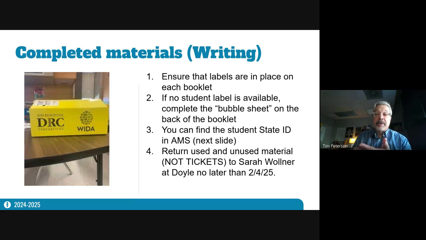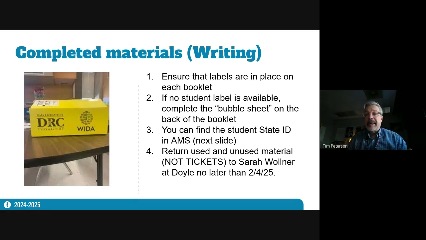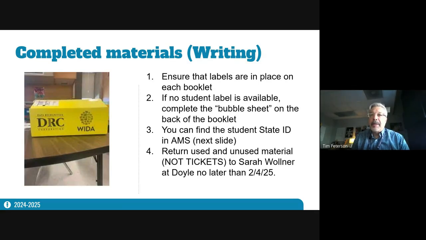Because believe it or not, somebody has to do that by hand. And that somebody typically is on this meeting. They would likely tell you that it's really not fun to have to bubble in 45 or 50 of these sheets. So please make sure that if there's no student label, that you bubble in that sheet.